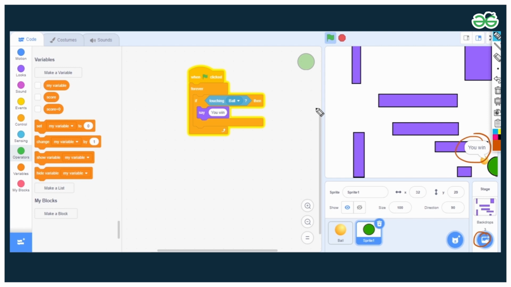I just hope all these things are clear to you. You can try creating your own game, right? Only these concepts will be involved. If you want to create something advanced, you already have the toolbox here. You can choose anything from the toolbox for creating it, right? You already have the code blocks.